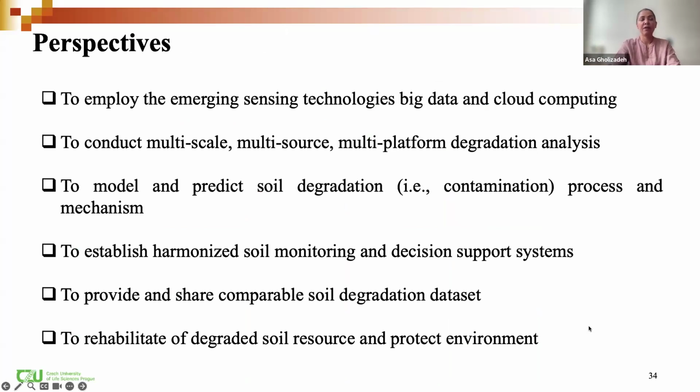So the perspective regarding what was mentioned here is to employ the emerging sensing technologies, big data and cloud computing. Actually, we can say that consequently it's necessary to take full advantage of the information potential of remote sensing, big data, and cloud computing for multi-scale, multi-source, and multi-platform analysis of soil degradation and contamination. Here we mean focus on contamination to understand it better. Also, it's suggested to establish a continuous and harmonized soil monitoring system and decision support tools at a global scale to provide comparable data sets and chart the spatial extent and temporal changes in soil contamination, as well as corresponding